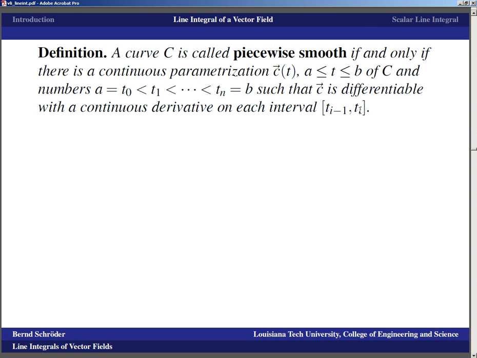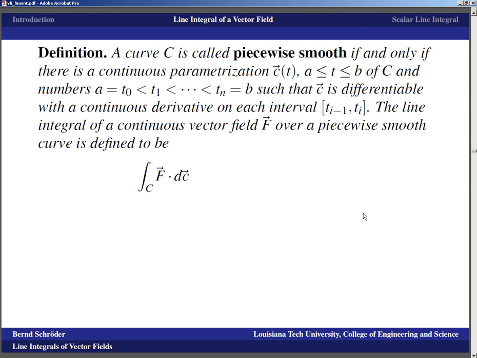So that means that something like this is useful to parameterize things such as triangles that we just talked about, as I discussed in the previous example. The line integral of a continuous vector field over a piecewise smooth curve is defined to be the line integral of f dot dc, being just the integral from a to b of f of c of t dot c prime of t